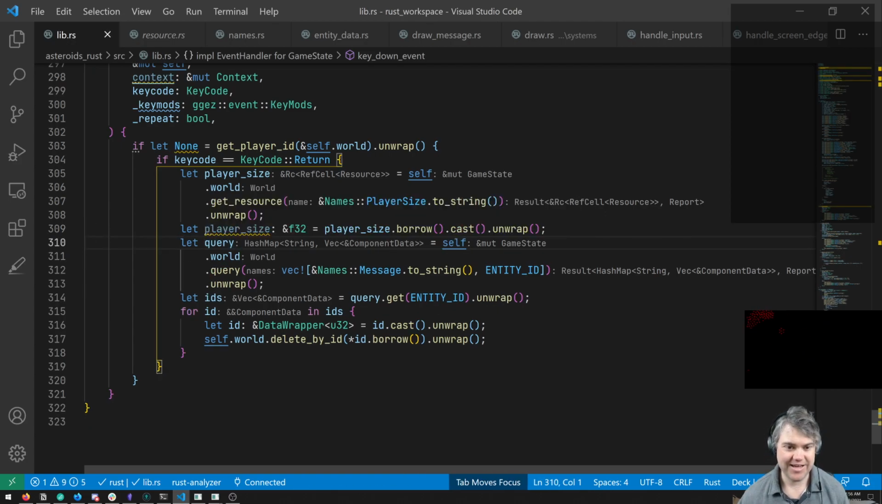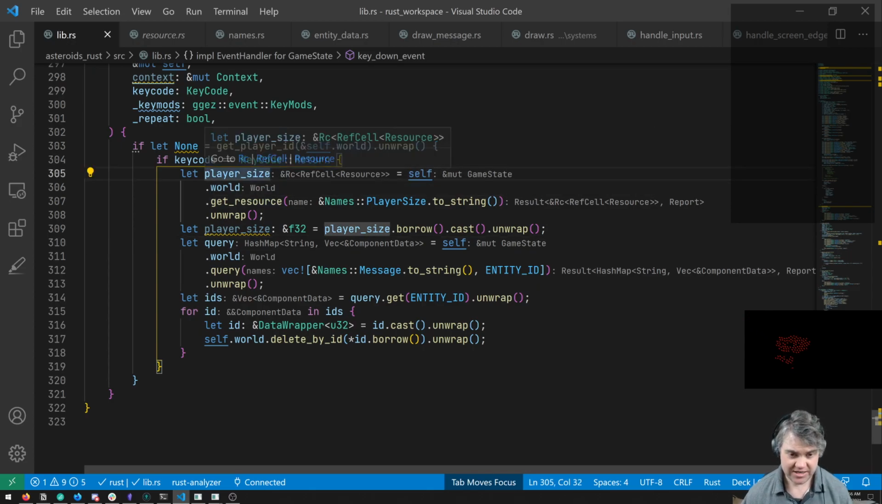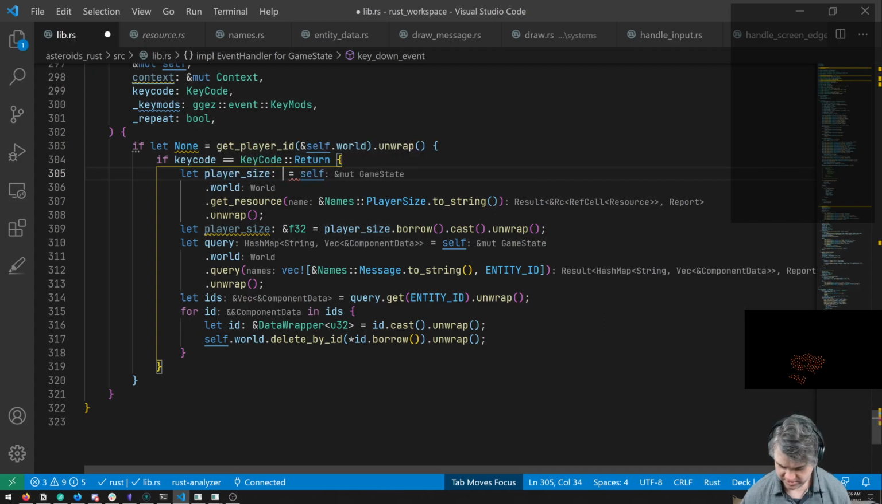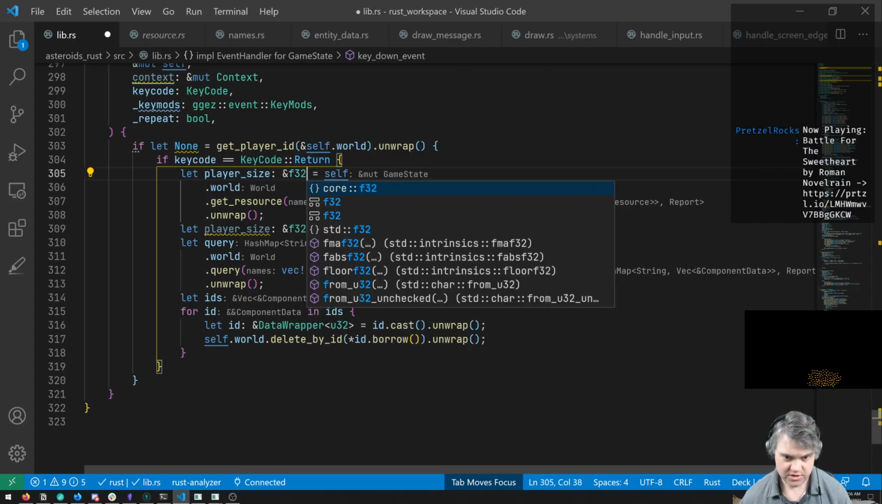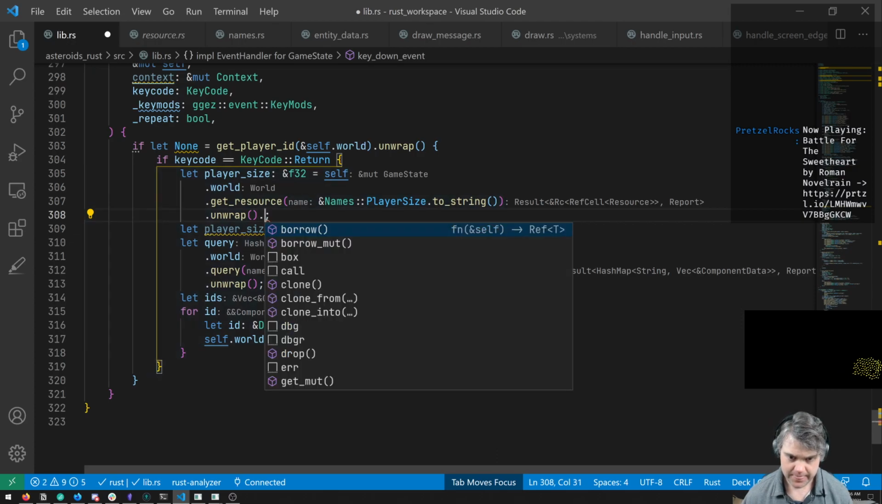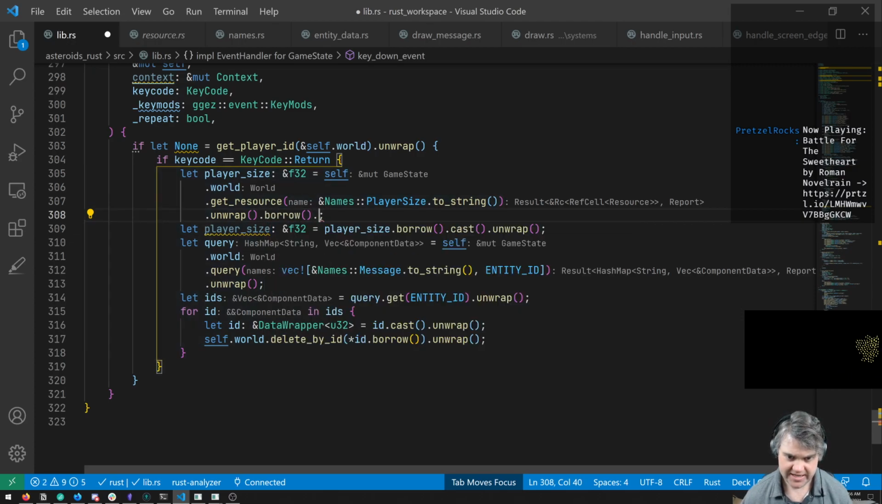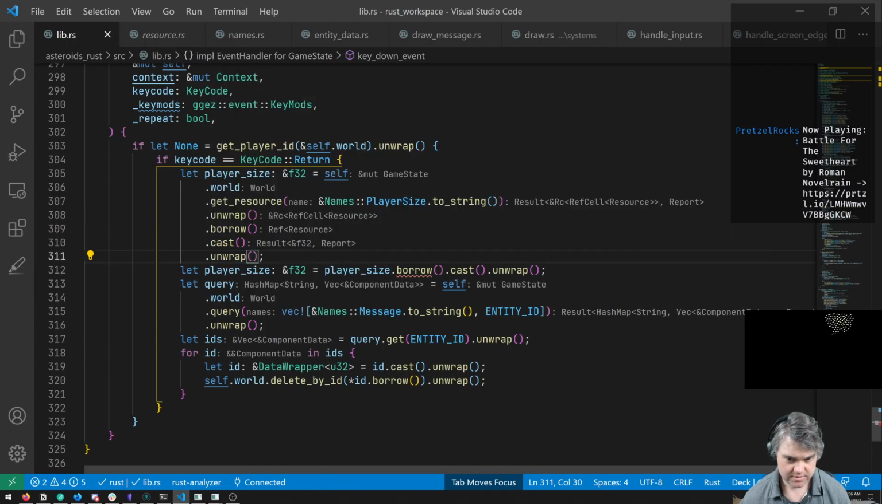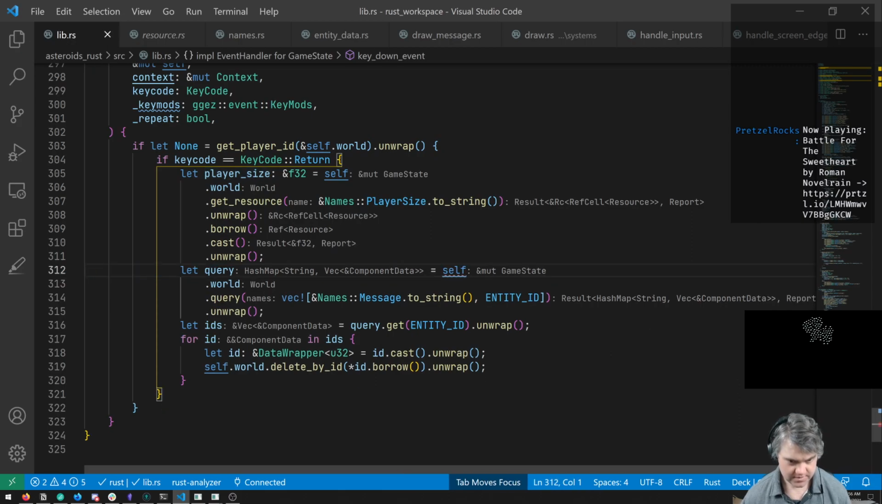I can. Okay. So player size, get resource. Now can I do this here? So I want you to be a reference to an F32. We unwrap, then we borrow, then we cast, then we unwrap again. Yes, we can. Okay, perfect. I mean, it's not very good looking. Maybe I can write a utility for this, but